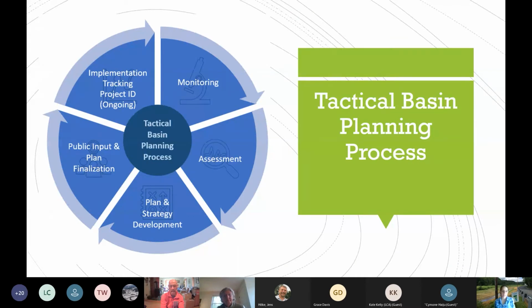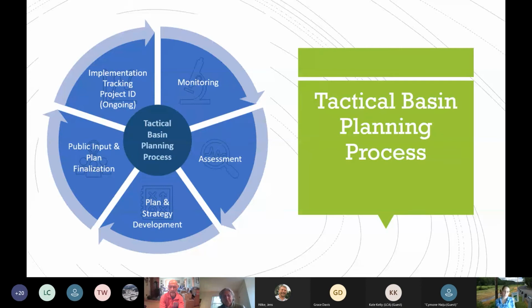The basin planning process includes 5 major steps. They are 1, monitoring water quality, 2, assessing and analyzing that water quality data. And we get it from multiple sources, from the state and also from volunteers who collect water quality data throughout the state. 3, identifying strategies and projects to protect and restore surface waters. Then we seek public comment and develop our basin plans. And this is what we do every 5 years. And then, which is an ongoing part of our process, we implement and track our plan priorities.